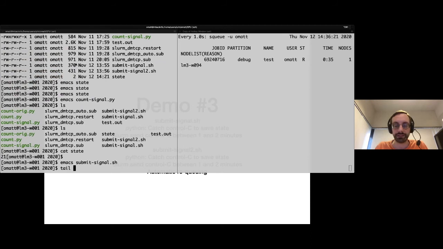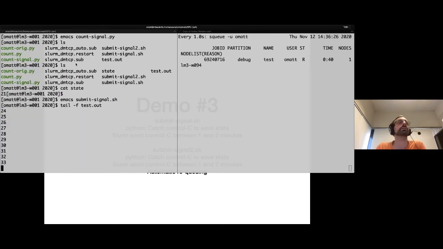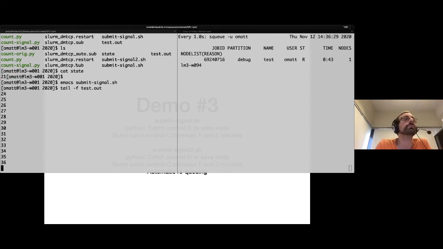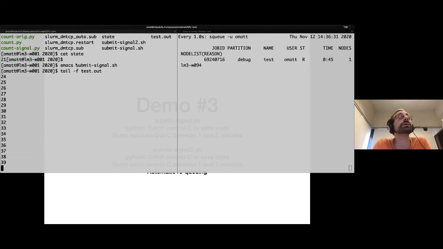So now I can do tail -f test.out. And you will see that the program is doing what it does. So now we are basically going to wait between 1 minute 30 and 2 minutes 30. As I said before, Slurm is not extremely precise with timing. So when you ask it to send the signal 1 minute before, it can be up to 2 minutes before. So here I asked for 2 minutes 30, and I asked for the signal 60 seconds before. So okay, normally I should be able to receive the signal at any time now. We'll see.